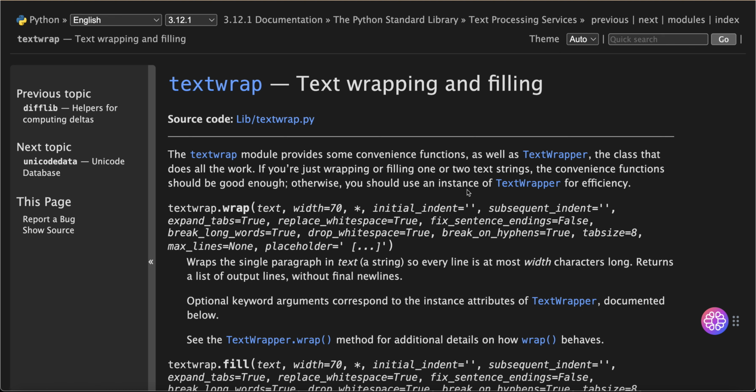For efficiency, textwrap.wrap(text, width=70, *, initial_indent='', subsequent_indent='', expand_tabs=True, replace_whitespace=True, fix_sentence_endings=False, break_long_words=True, drop_whitespace=True, break_on_hyphens=True, tab_size=8, max_lines=None, placeholder='')